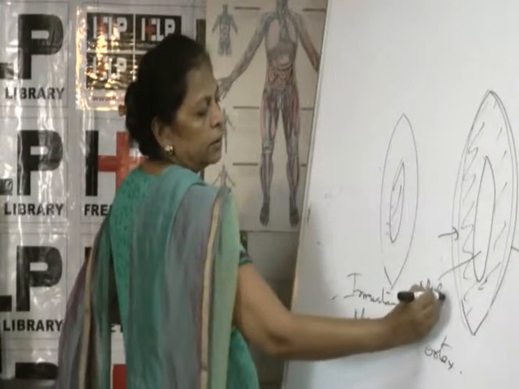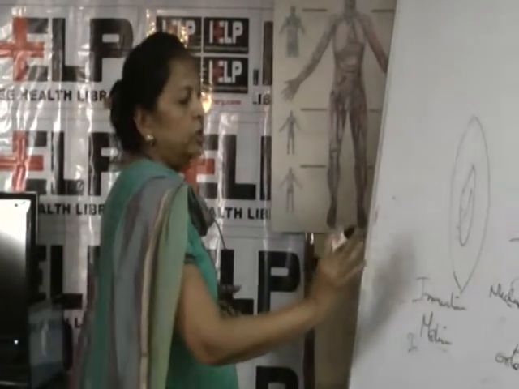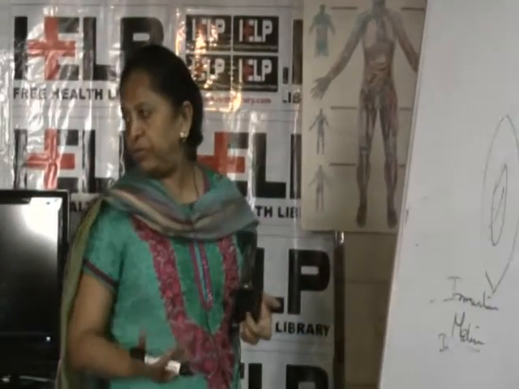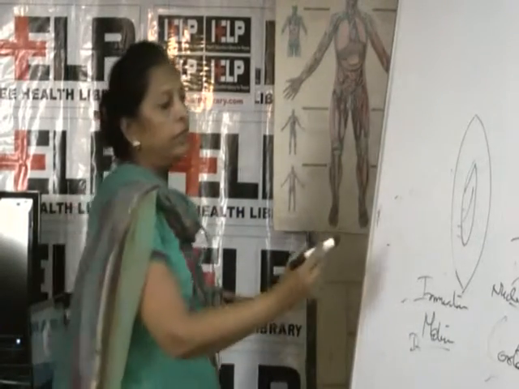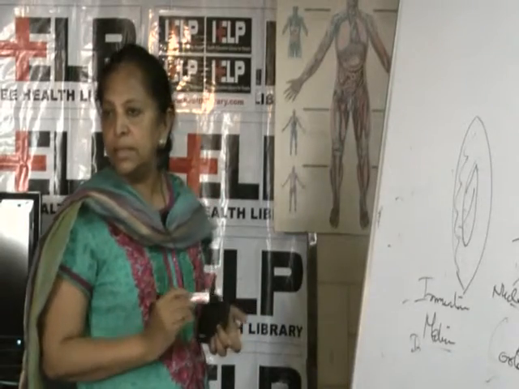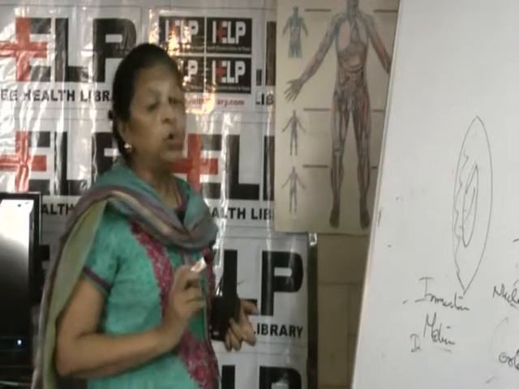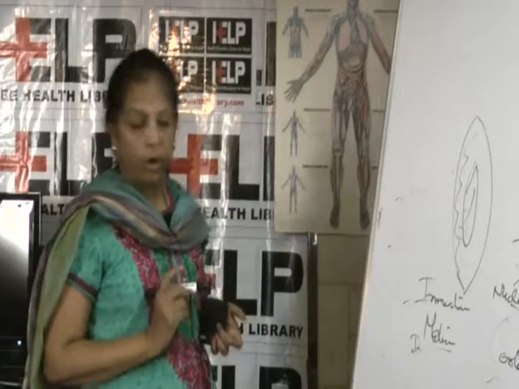What is the function of cortex? It is all the part of a lens, not a particular function. It's a part of the lens by which we can divide the type of cataract. If it is in the center, it is known as a nuclear cataract. If the cataract is in this area and the central part of the lens is clear, that is known as a cortical cataract or a peripheral cataract.